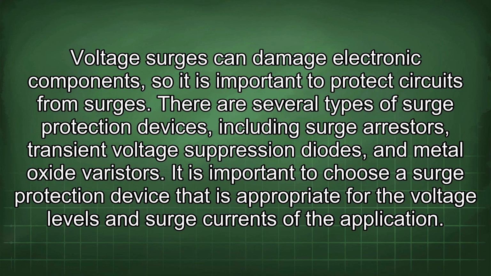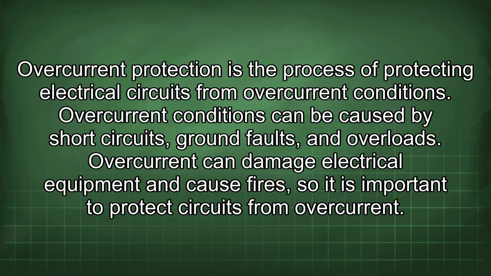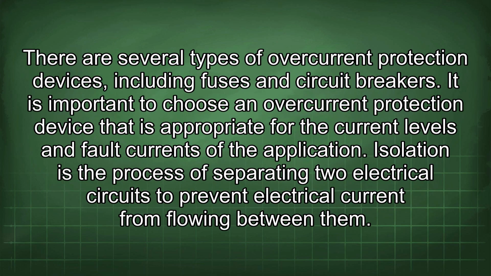the application. Overcurrent protection is the process of protecting electrical circuits from overcurrent conditions. Overcurrent conditions can be caused by short circuits, ground faults, and overloads. Overcurrent can damage electrical equipment and cause fires, so it is important to protect circuits from overcurrent. There are several types of overcurrent protection devices, including fuses and circuit breakers. It is important to choose an overcurrent protection device that is appropriate for the current levels and fault currents of